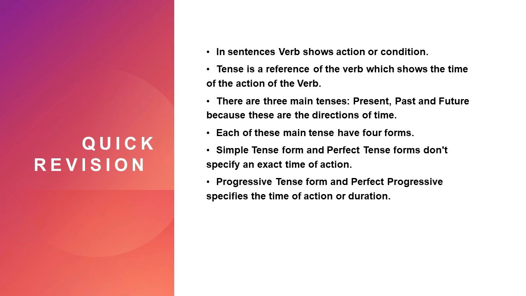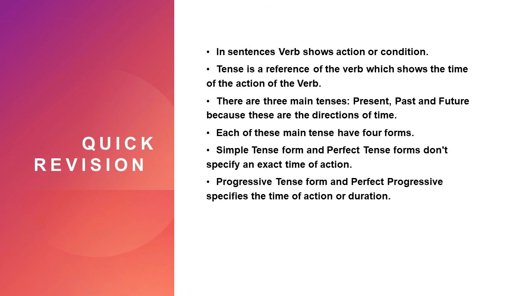Now let's have a quick summary of what we have learned today. We started with how every sentence has a verb, and verb usually shows action or a condition, and tense is a reference of the verb. It's a function of the verb which shows the time in which the action of the verb takes place. Now there are 3 periods of time that we all know: the present, the past and the future. These are the directions of time, and each of these 3 tenses have 4 different forms: the simple, the progressive,